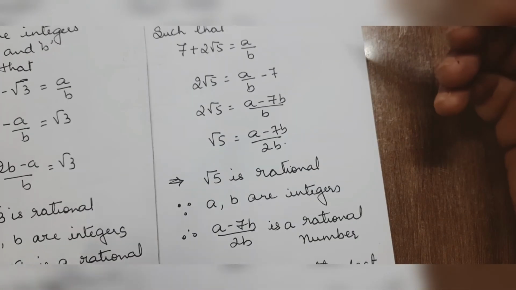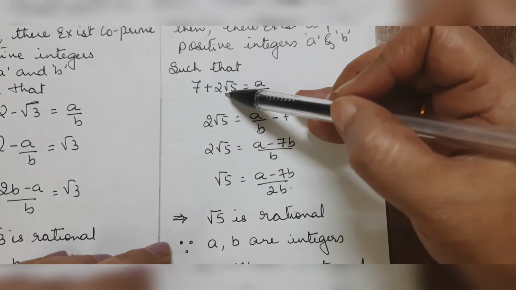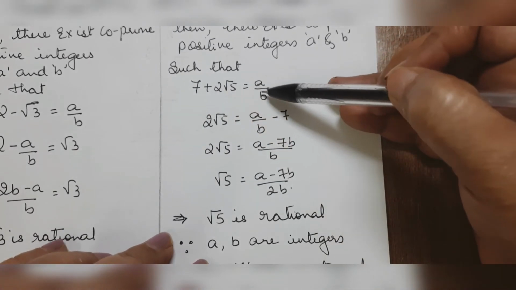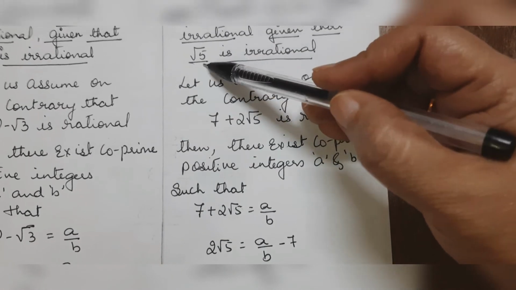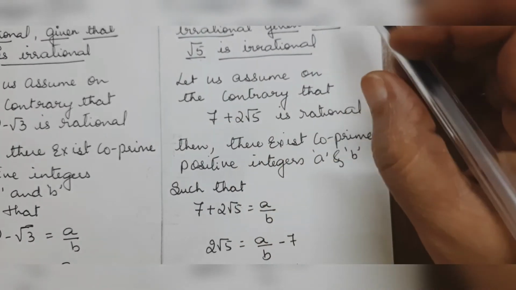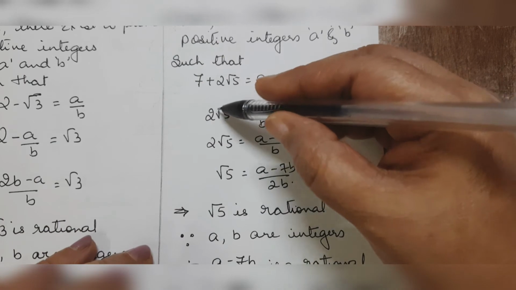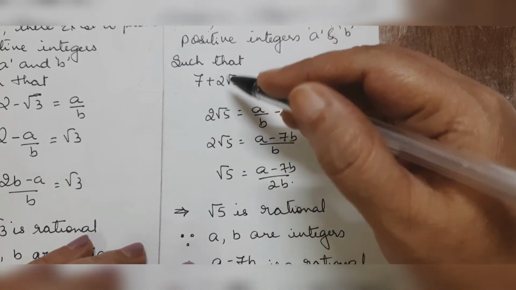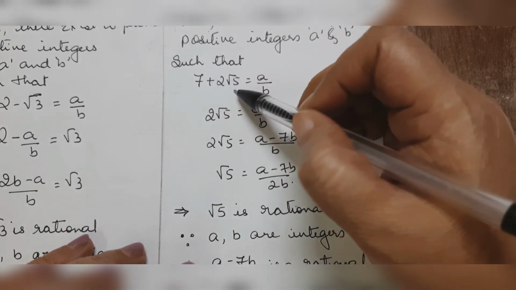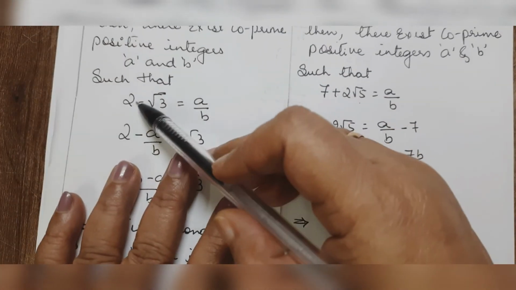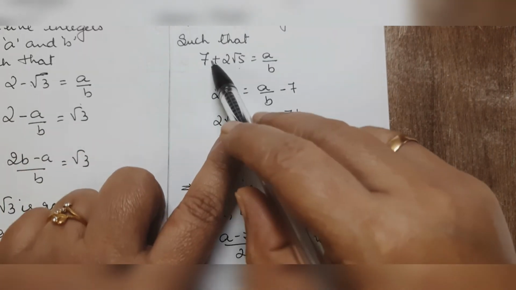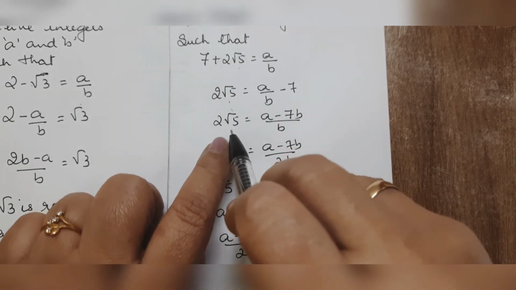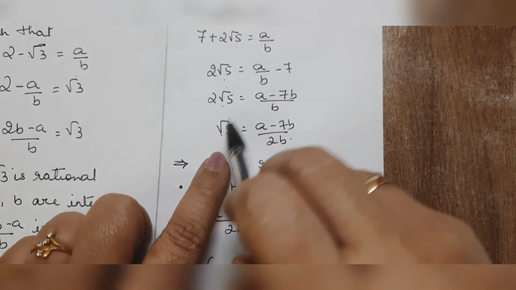Now check for the twist over here. This is 7 plus 2 root 5 equal to 8. Root 5 is the irrational part, because they told us root 5 is irrational. So we will make this root 5 isolated here in the LHS. This is already positive, so leave it over here. Here this was negative, so we sent it to that side. Here, leave it here. You go on shifting until you get root 5 alone in the LHS.